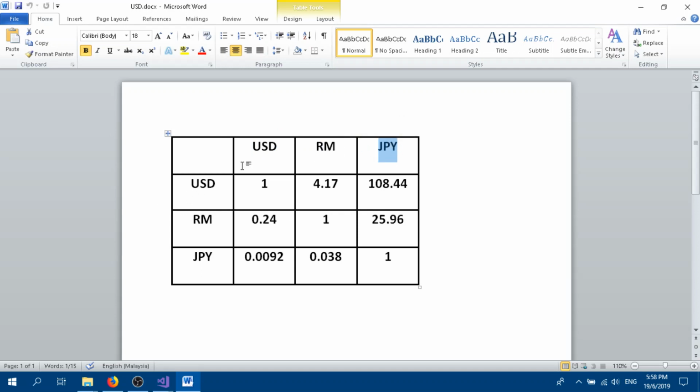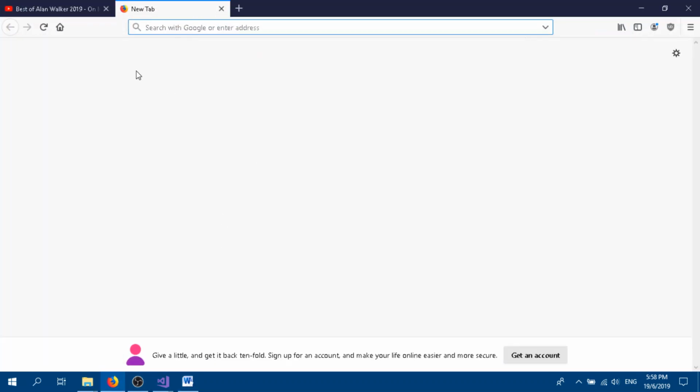Okay, I'm going to set it as rows and columns. So this table represents how the conversion works here. For example, the USD in the row and the USD in the column always represents as 1. But what about the USD here and the ringgit here? To simplify this value, just Google up